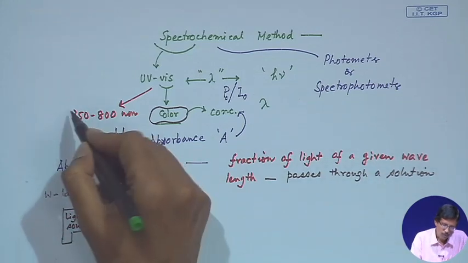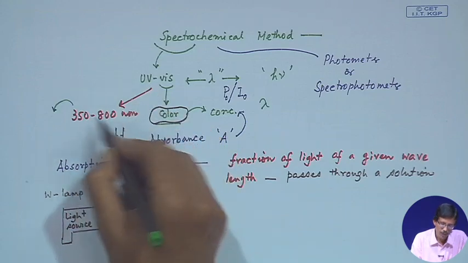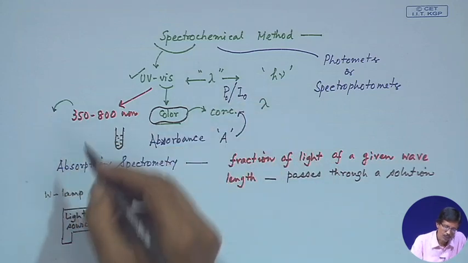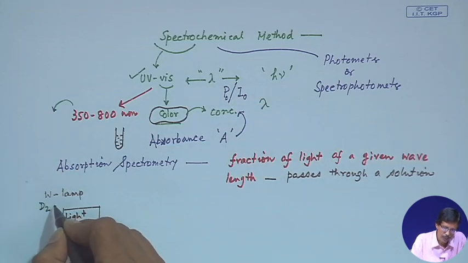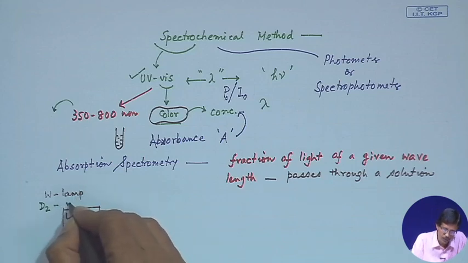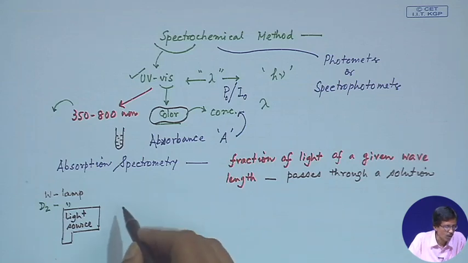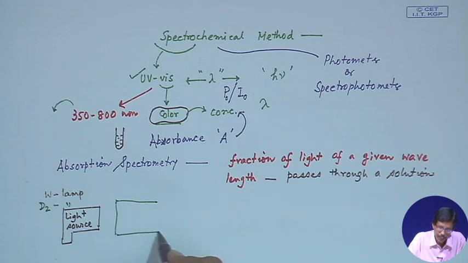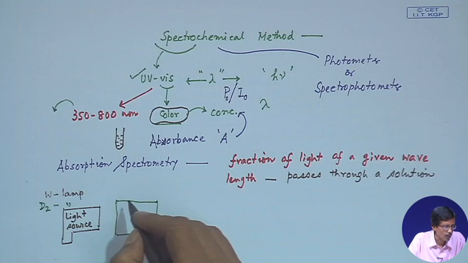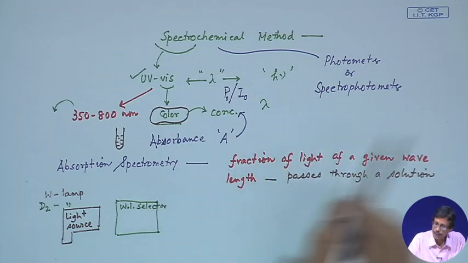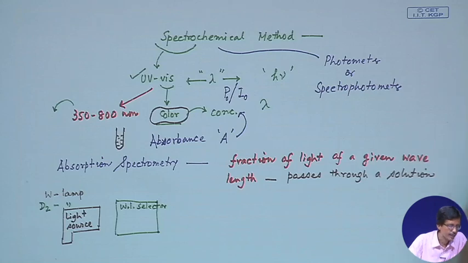When we go down, that means below this particular wavelength, below this particular wavelength is nothing but your UV range. So, in that UV range we have to have some lamp which is based on hydrogen or deuterium. So, it will be a D2 lamp. Depending on the different light sources, the light which is generated from there basically next passes through the corresponding wavelength selector, and that wavelength selector is nothing but a filter